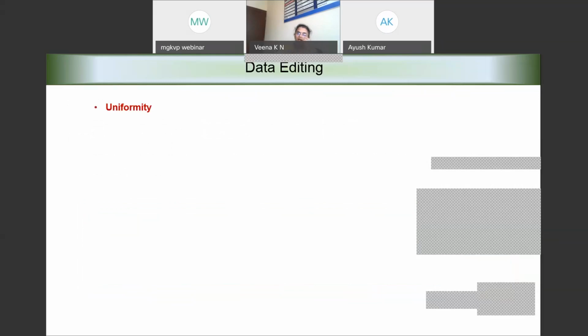So when we talk about data editing, we do editing for many different purposes. The first important reason why we need to do data editing is uniformity. What do I mean by uniformity? Let me take a simple example.